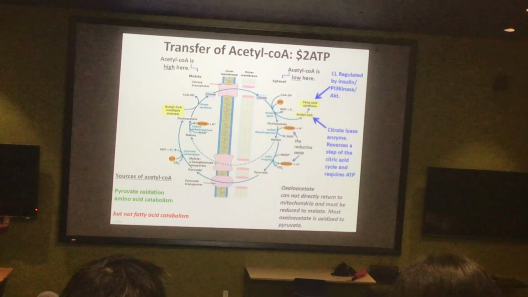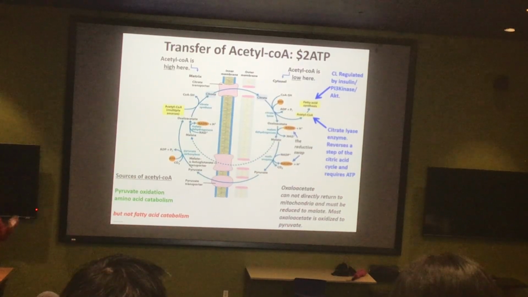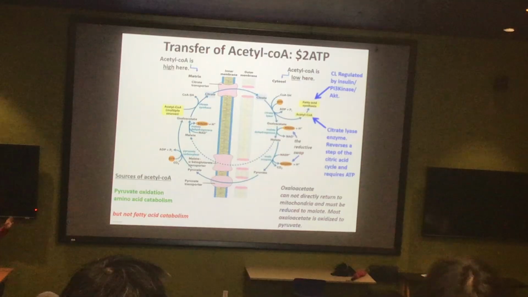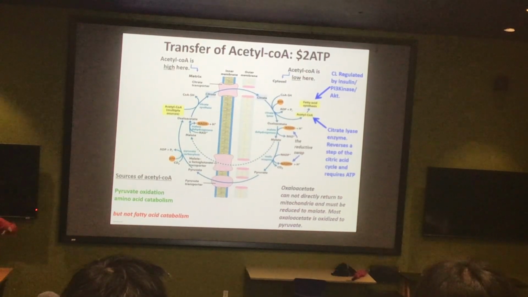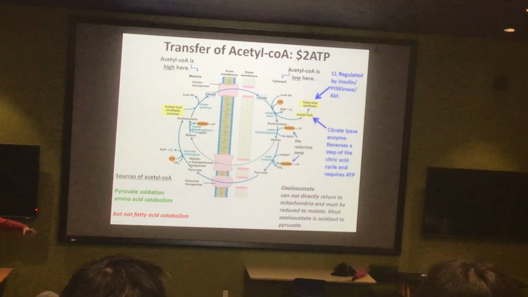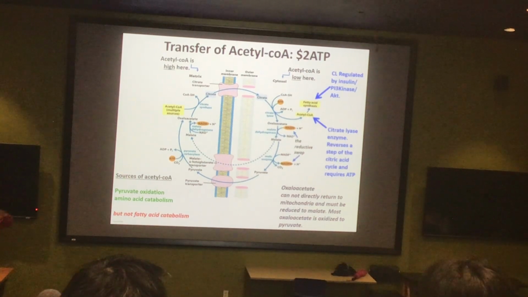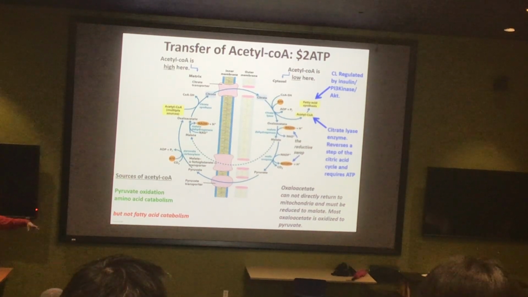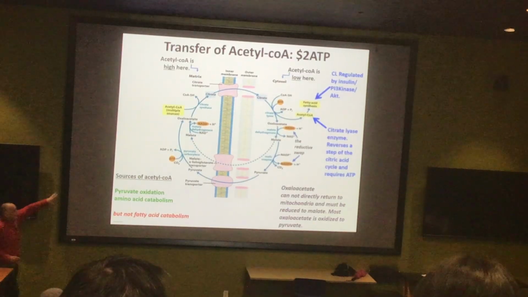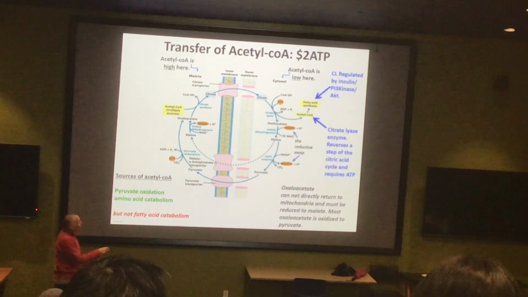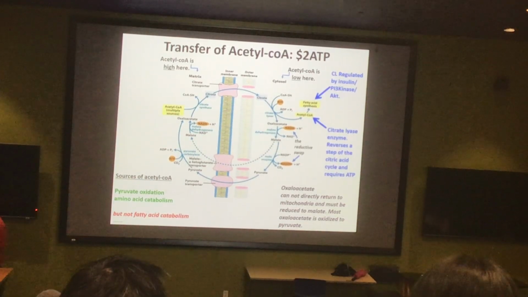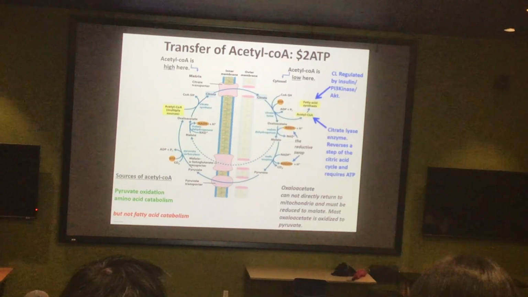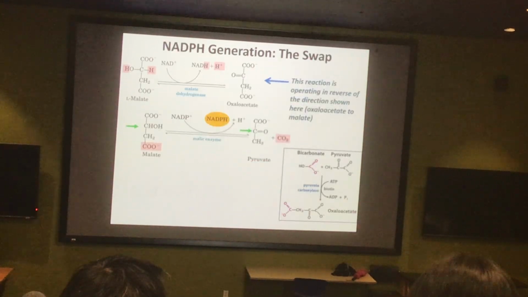And since pretty much the only thing we're going to do with that acetyl-CoA in the cytosol is make lipids, this ensures that you're only generating extra NADPH when you need to make lipids. In other words, the pentose phosphate pathway is handling all the other demands, but when you need to step it up and make some lipids, you do the reductive swap. You essentially take electrons net off of the NADH and transfer them onto the NADPH. And that's the utility of sending this back in the form of pyruvate.